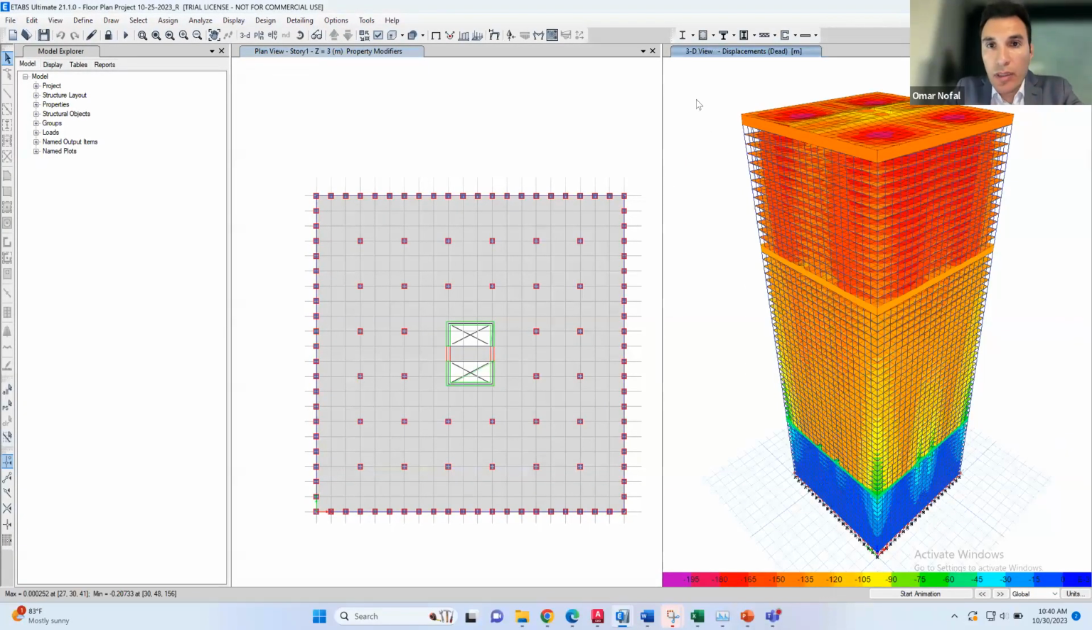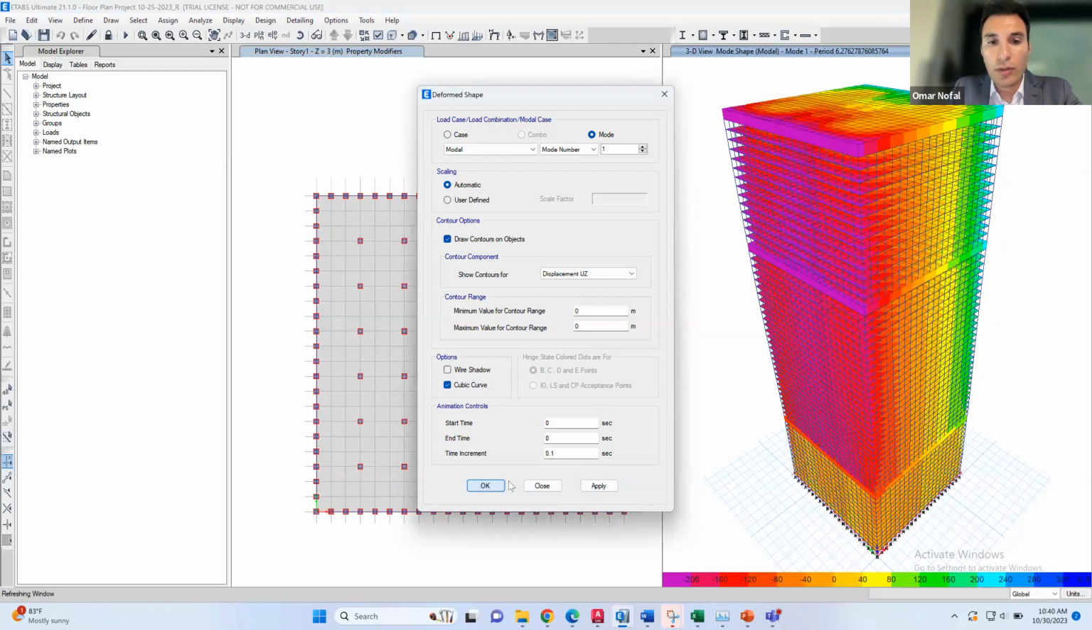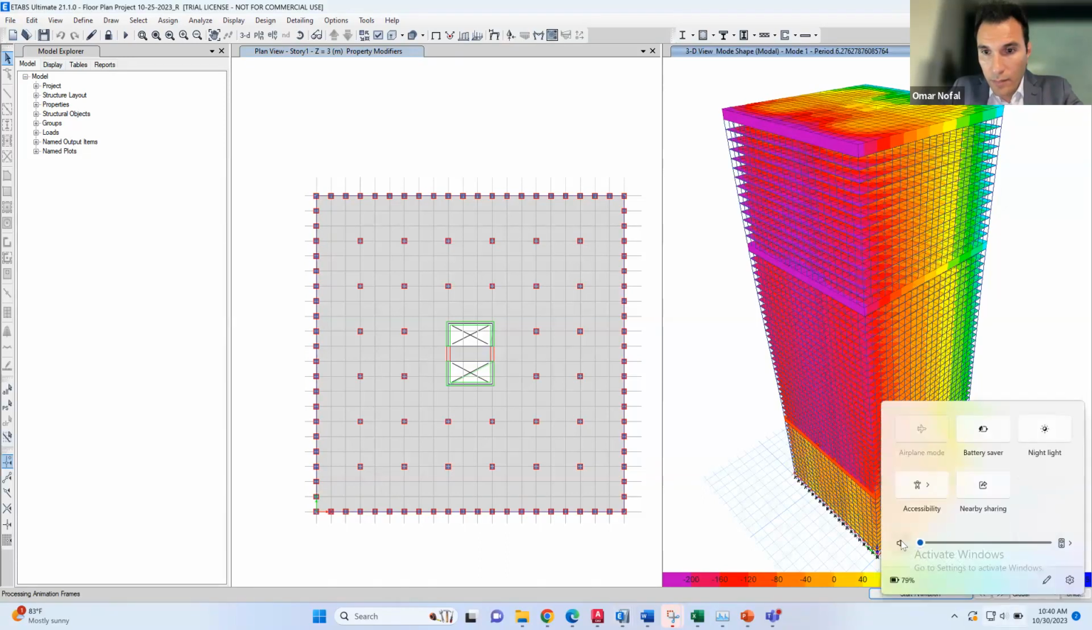Okay, so this is how the building looks like. Let me show you how the first mode shape of this building looks like. So what I'm gonna do, I'm gonna check deformed shape. When you go to deformed shape, it asks you if you want to show a case or a mode. So I want to show mode, and I want to see mode number 1. Let me hit apply. It will take like a minute until the software shows you how the mode shape looks like. And if I start the animation to animate how this mode shape looks like,